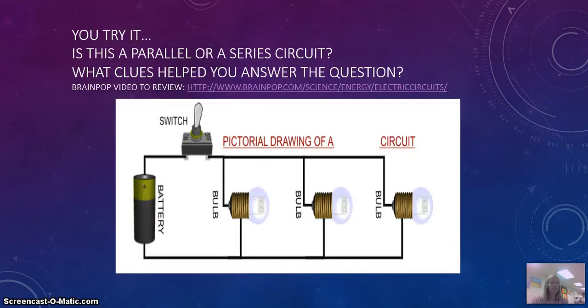All right, so as you can tell, we are not going to get through all of the notes that you have on your paper. So we will finish these up when I come back on Monday, and we'll be talking about breaking a circuit and the two different